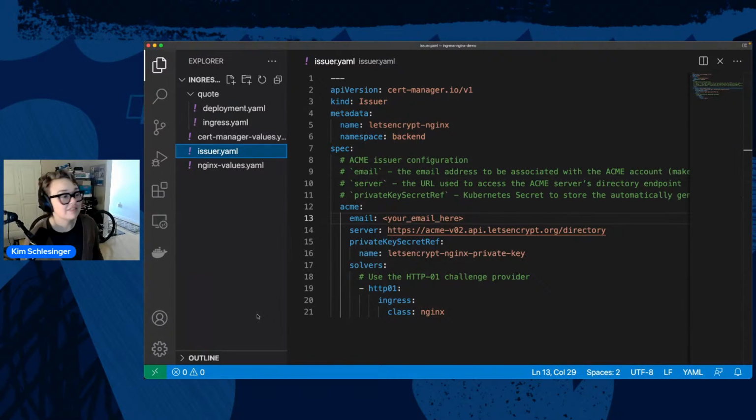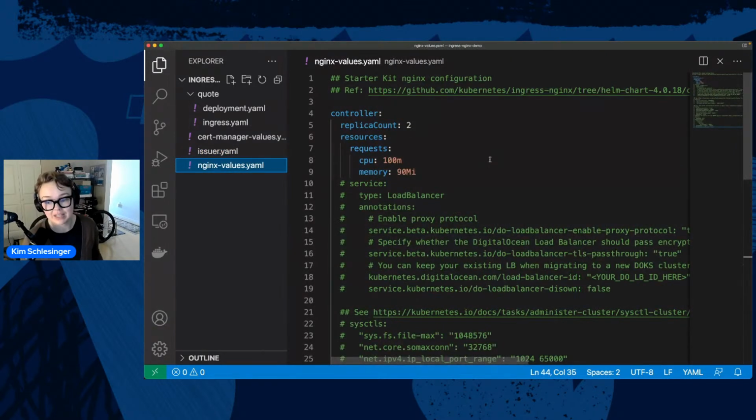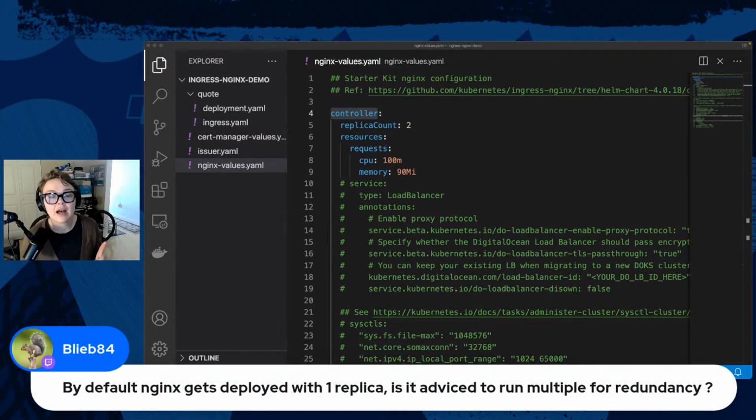So I've got this file here, and I have some configuration options set up. Starting on line 4, I'm just talking about the controller, and this is related to Bleeb's comment. They say, by default, Nginx gets deployed with one replica. Is it advisable to run multiple replicas for redundancy?